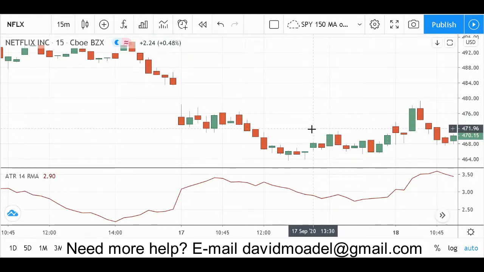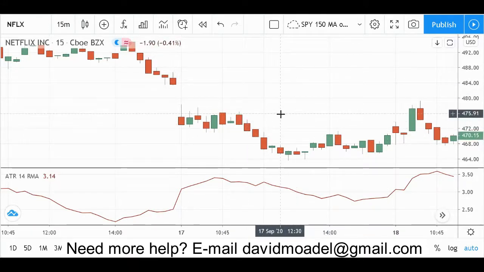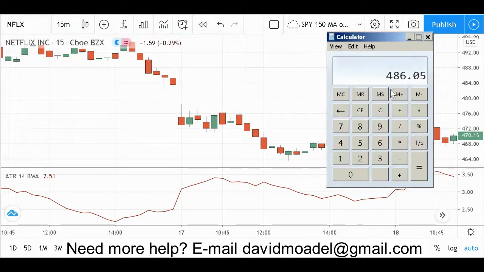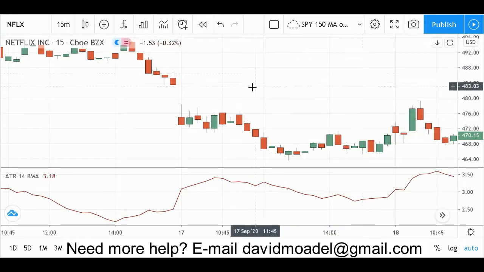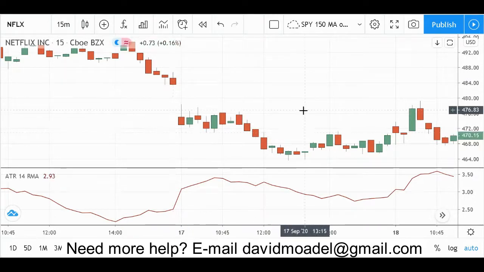So if the price the next day goes above that number, 486.05, that's when you can buy if you want to use this strategy. Now, don't just use a strategy because somebody in a video said it, okay? You want to make your own decisions, do your own due diligence. I even recommend testing this out with demo or virtual trading with no real money to make sure it works. You want to test it out, make sure it works before you use any real money at all.